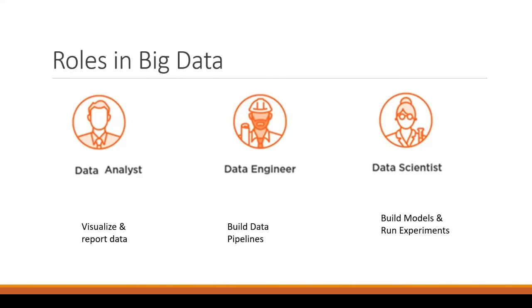And what do data scientists do? Data scientists build models and run experiments. They use machine learning and AI to get insight from the data. For example, when you open YouTube, you get some kind of advertisement, or when you open any website, you get some kind of advertisement. Mostly, it is related to your interest, and how do they come to know? Your historical data is getting processed by some machine learning model or AI model. Based on that, they are able to suggest you something, and this model is created by data scientists.